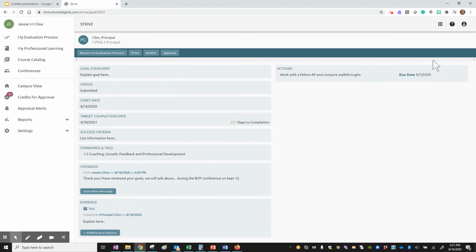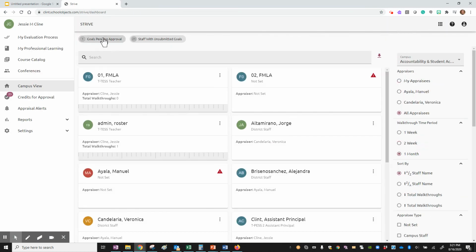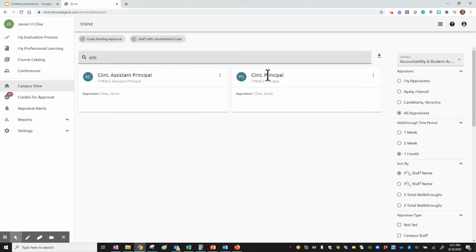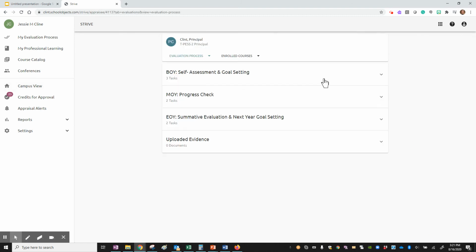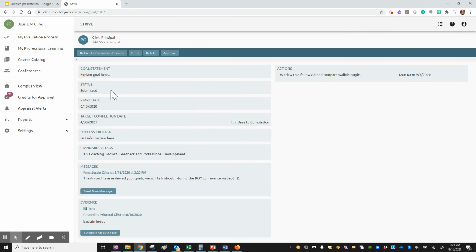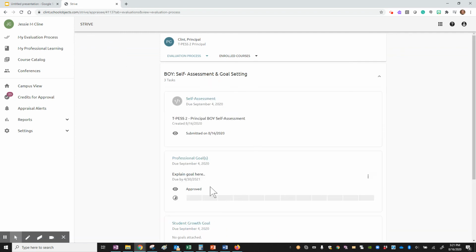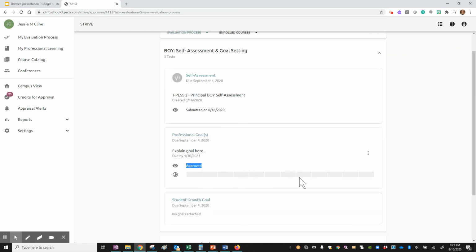And so I just want to show you one more way in case you don't hit that little button. So we went to Strive. You'll have your alerts at the top, or you could just search for the person. And so if you search for them, hit the initials, then you can drill down here, and then you'll see the goals. So no student growth goal has been attached here, but there is a professional goal, and then you see that submitted status. So you can click on it. Same thing here. Then you hit approve. Okay, once it's been approved, then the status will change. And then they could start tracking all of their